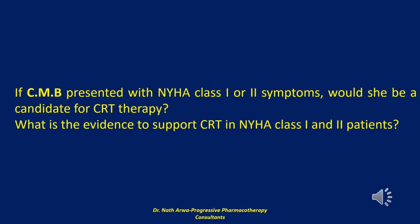The Resynchronization-Defibrillation for Ambulatory Heart Failure Trial, abbreviated as RAFT, confirmed that cardiac resynchronization therapy benefited patients with a QRS duration of 150 milliseconds or more and in those with left bundle branch block. The RAFT investigators randomly assigned 1,798 patients with New York Heart Association Class 2 or 3 heart failure, left ventricular ejection fraction of 30% or less,